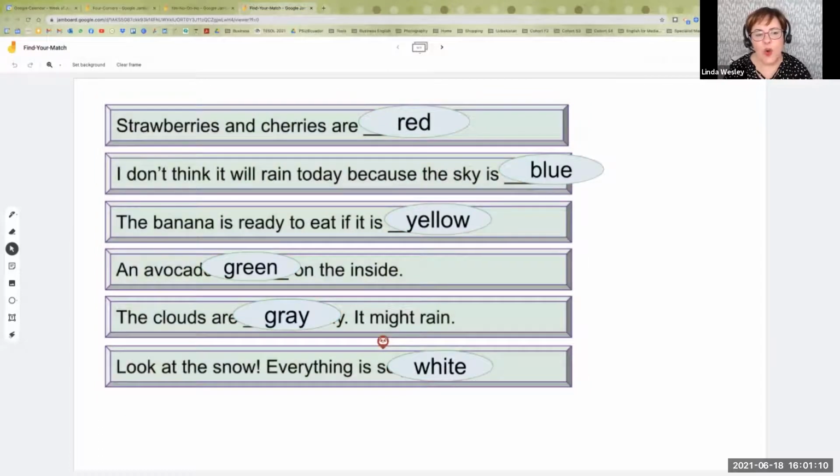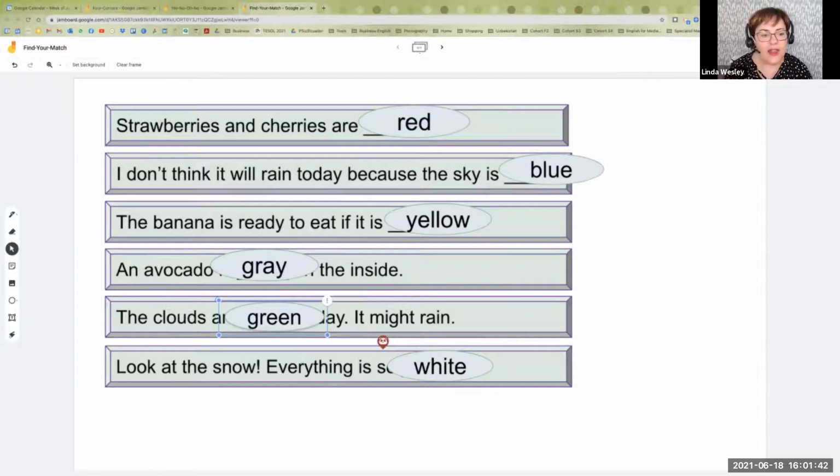And so if I want to see if a student maybe is having trouble reading, maybe a student says, the clouds are gray today, it might rain, but maybe they say gray, but they add the color green. If they make their learning visible by discussing it as they go, I can see what kind of problems they're having.